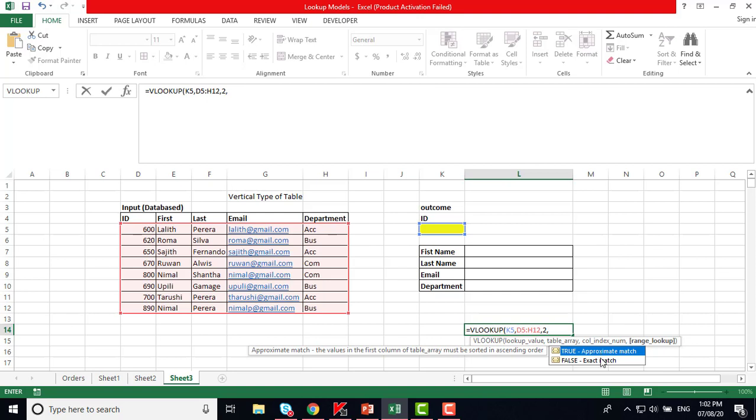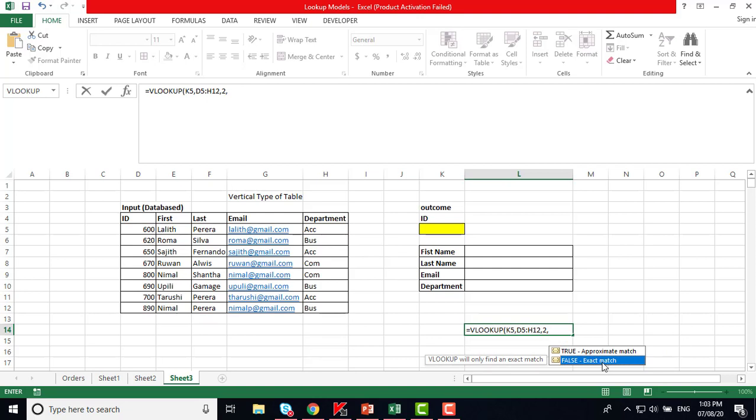Now the second option is exact matching. If you select FALSE here, that gives you the option to select exact matching. Now according to this particular situation, we have to have exact matching. That means each and every person's number is there. It is not repeated here and there. Individuals have their individual numbers. Once I enter the ID number of the particular person, I need to know his first name. So then I have to select the option called FALSE, or the exact matching, right? The FALSE option. So that means we have to type here FALSE.